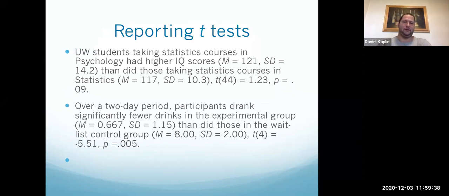Some more examples. University of Washington students taking statistics courses in psychology had higher IQ than those taking statistics courses in statistics. That's interesting. So there might be a statistics major at the University of Washington and you compare them to a psychology major, and now we're looking at the means of each of their IQ. And it's written very similar to the previous example, you'll notice. Mean and standard deviation, mean and standard deviation, T with 44 degrees of freedom equals 1.23, and the p-value